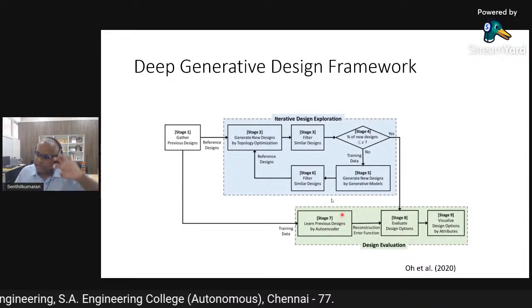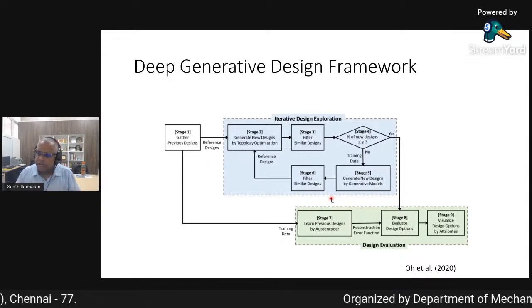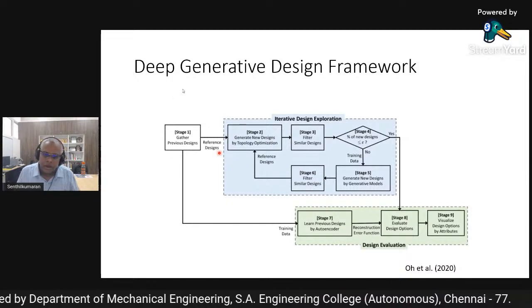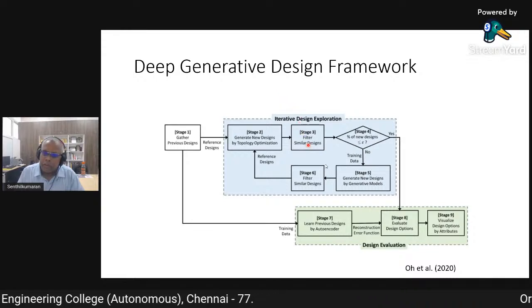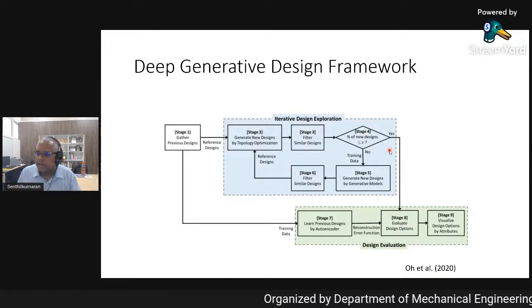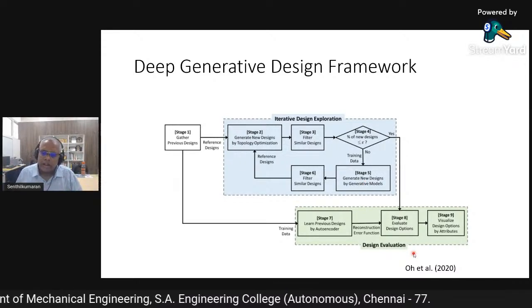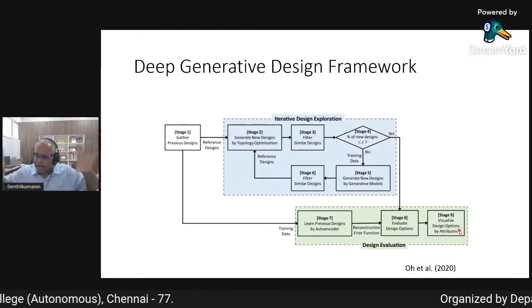You gather previous designs around the same object. Let's say you are designing a motorbike, an aircraft, a hovercraft, or any shape that you want to design. So you gather your previous designs, then generate new designs by topology optimization, and we use a filtering technique to filter the similar designs and see what percentage of the designs are new, what fraction of percentage change. Then you train with generative adversarial networks. Then filter the similar designs and take the designs which are farther apart from the generated design outcome, and then use the encoder to visualize the design attributes by attributes, create a dashboard, and then you can